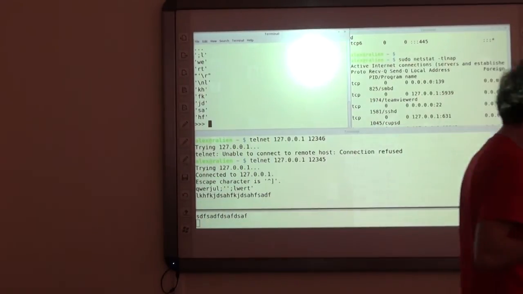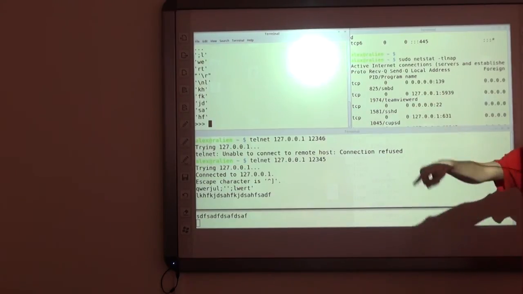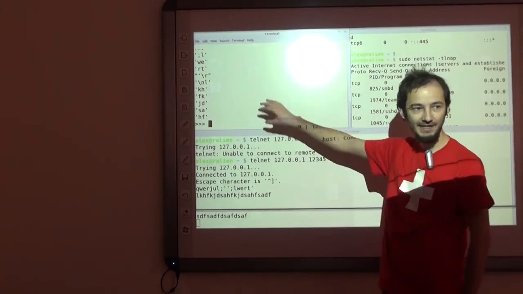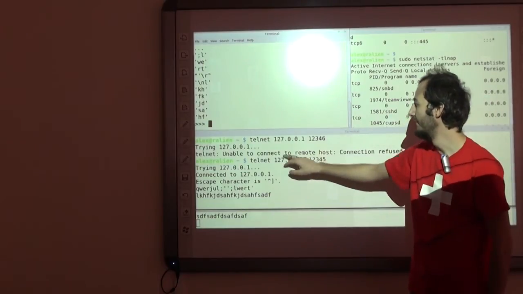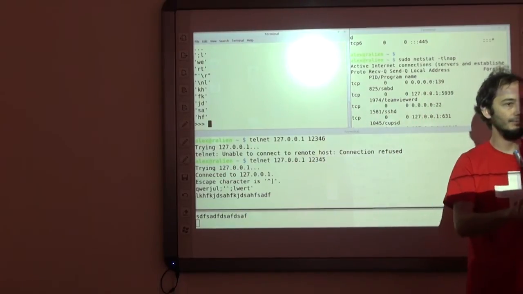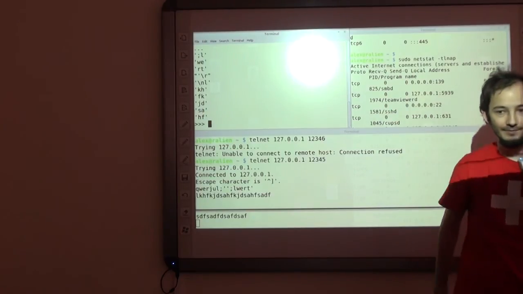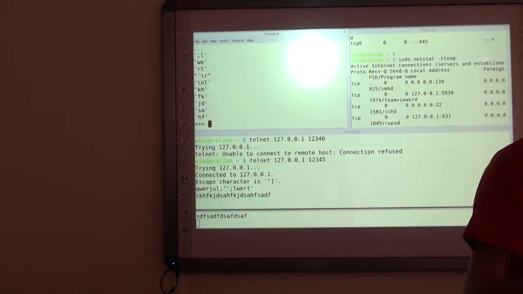Now, we are not actually doing any networking right now because we are talking to someone on the same machine. However, you can use exactly the same code. And if instead of 127.0.0.1 you would connect to some other server, it would work. So the good news is that throughout this course, you don't really need an internet connection.